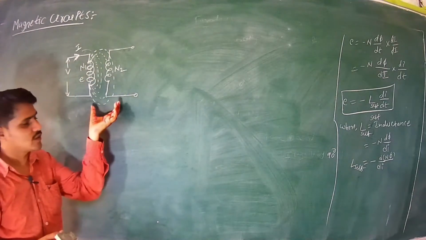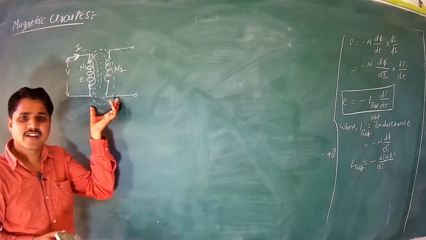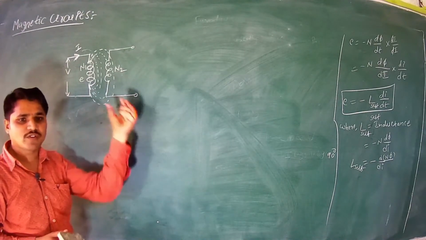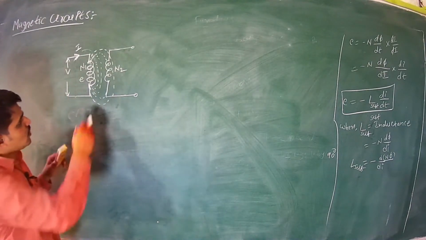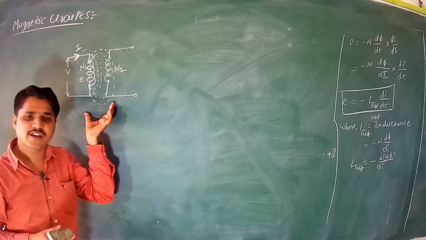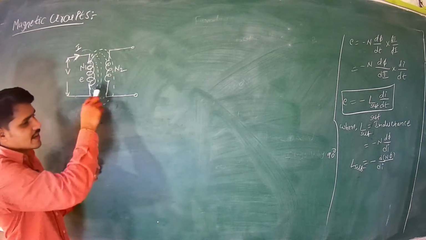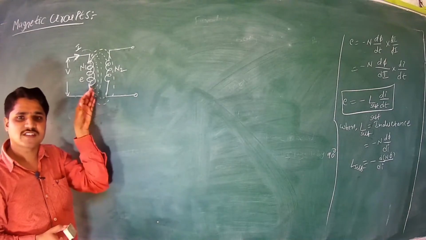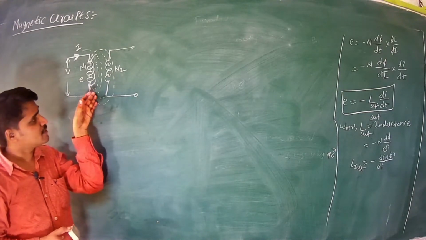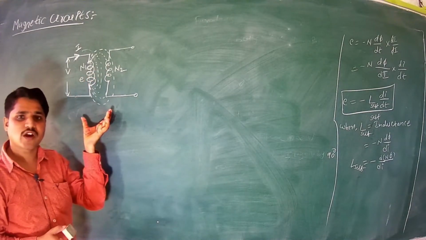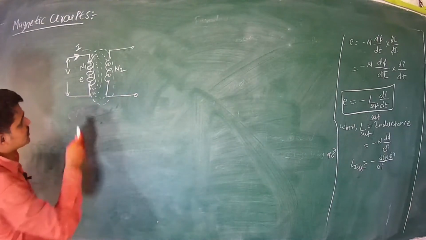So here these two coils are said to be a coupled circuit. Now we will see later how it is. So now these two coils are magnetically coupled. That means whatever flux is generated in the first coil must be shared with the second coil. So these two coils are magnetically coupled. Now let us see this.